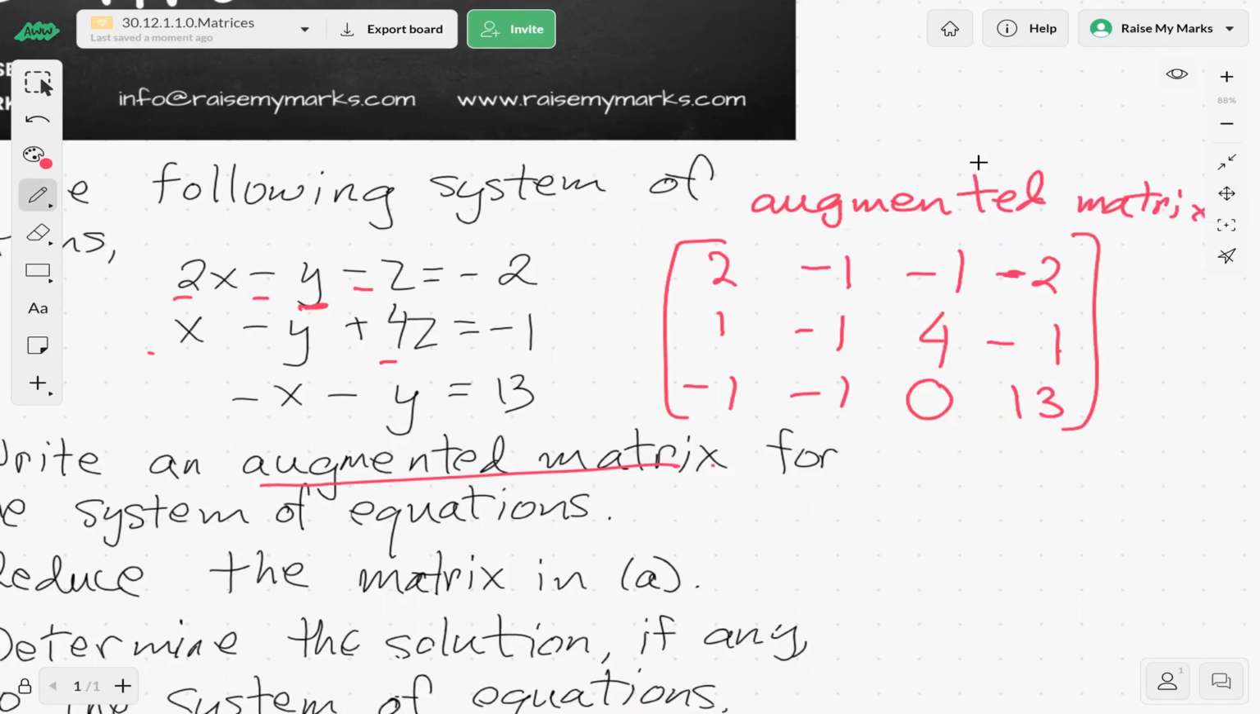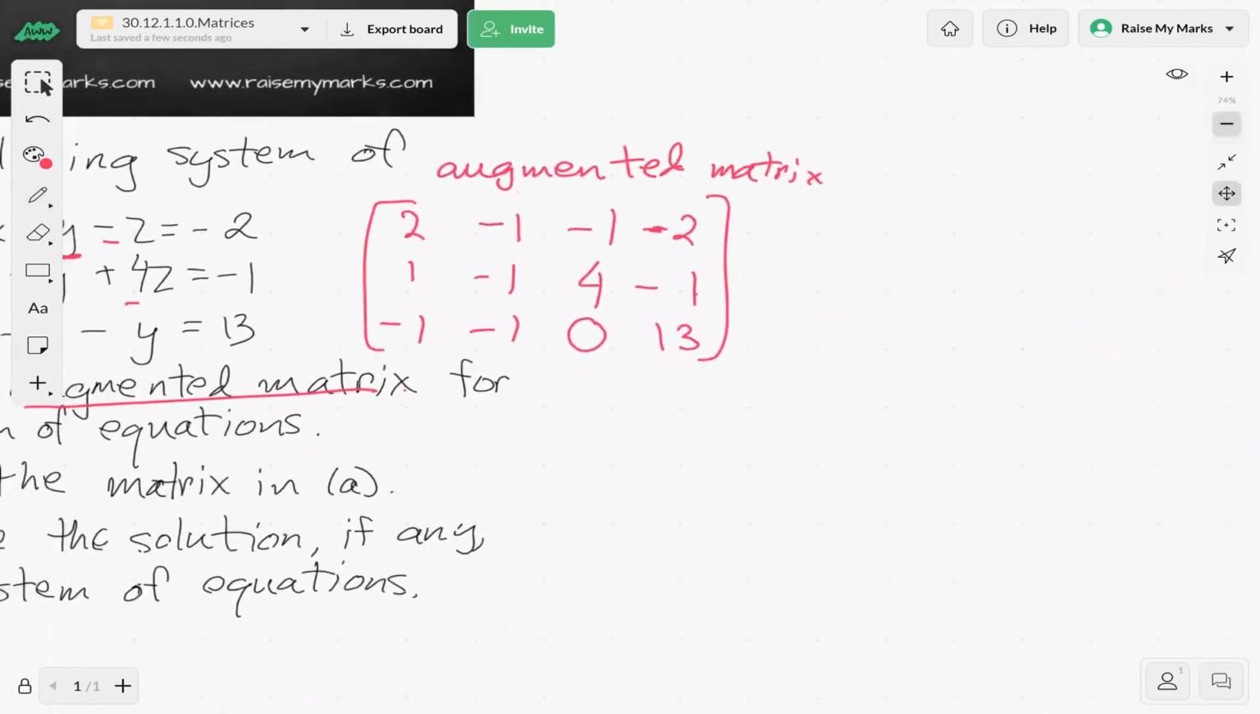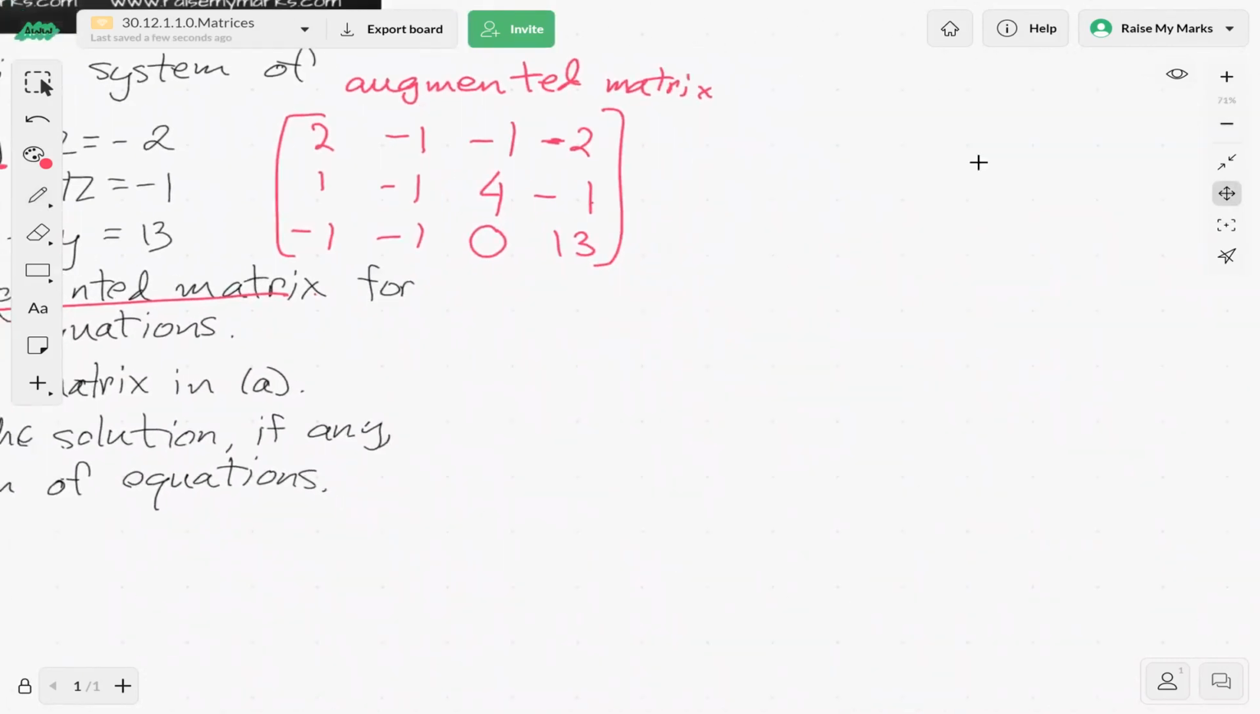So now we're asked to reduce the matrix in A and then determine the solutions, if any. Okay, so let's do this. That's part A. Now part B, we're going to row reduce. Okay, so let's start with, sometimes little strategies are required. So why don't we take that second row and add it to the third? So we'll do row 3 plus row 2,